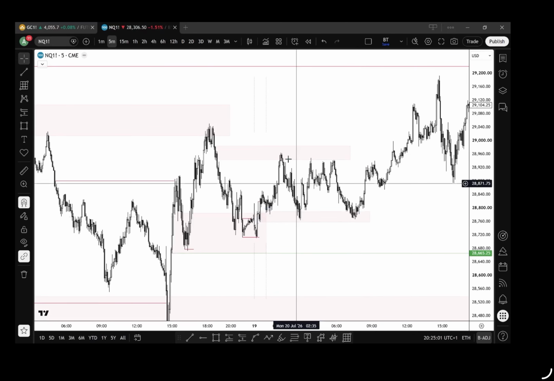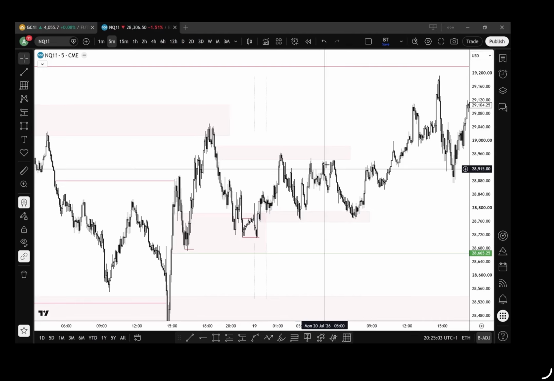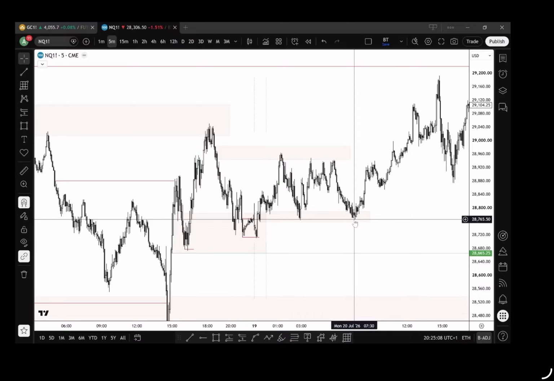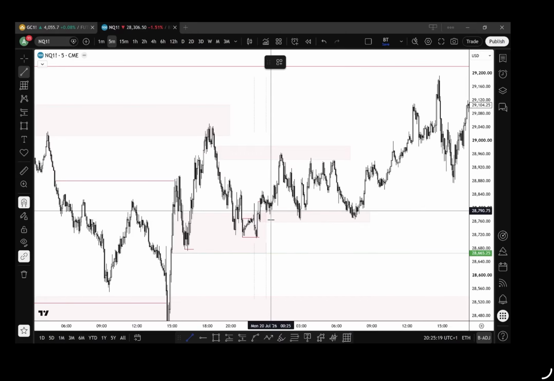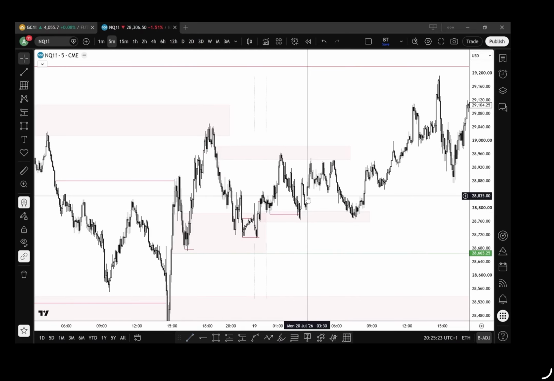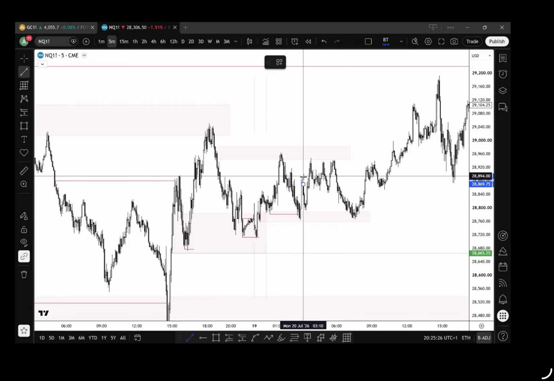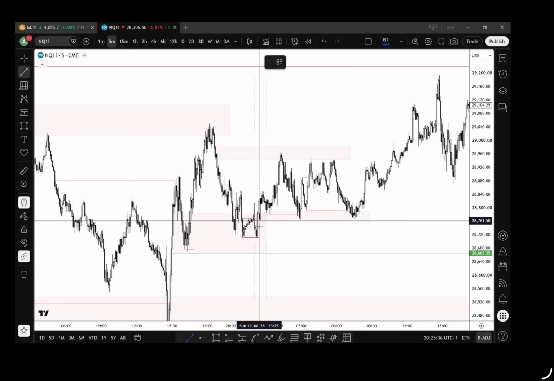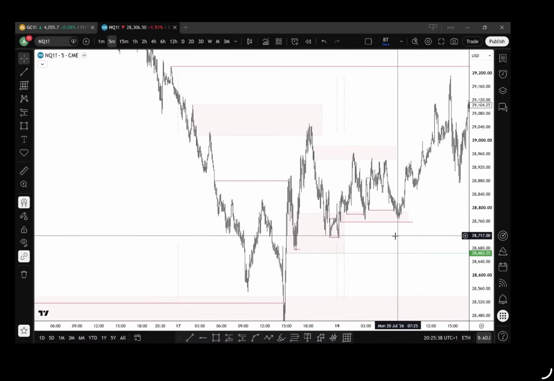Now, during Asia, all we're doing is building liquidity. Okay, we're in this range between two liquidity points. We come back down, and then during London on Monday, we start to see this bullish move up. Okay, now where does this bullish move come from? It comes from this liquidity block. We then take, so we induce buyers at this high, and then we come to trap them. However, we still have not taken all the inducement from the left, so we can just mark that out as well. So we start to move bullish.